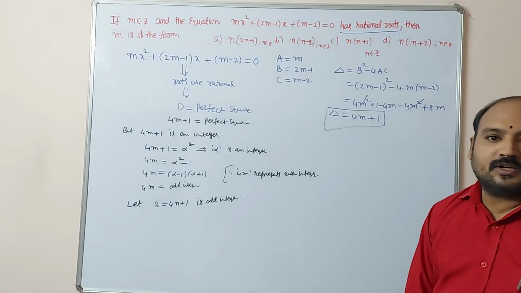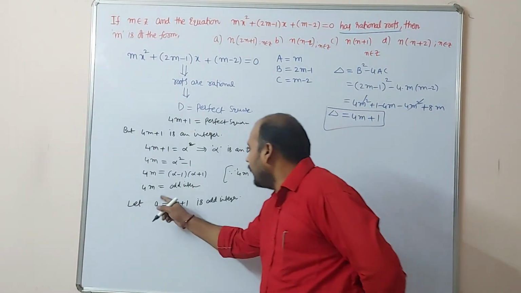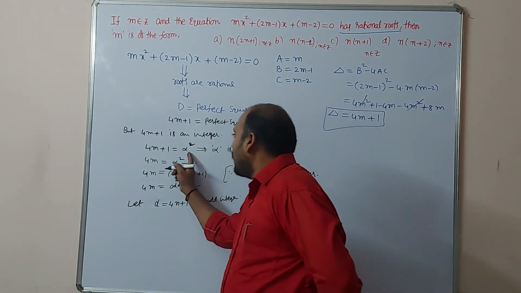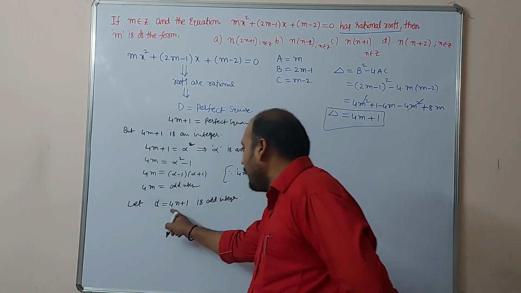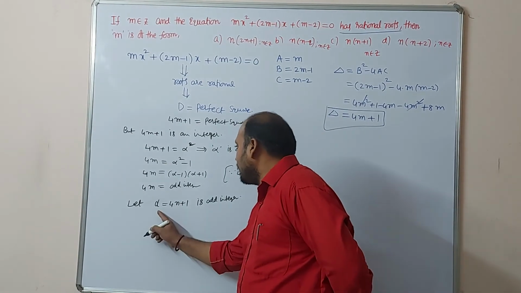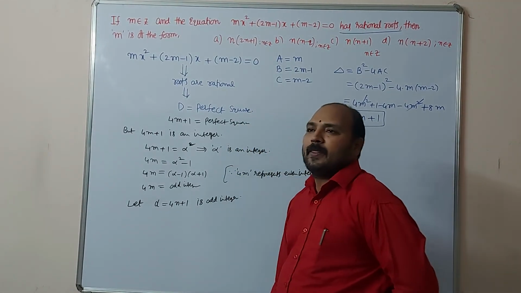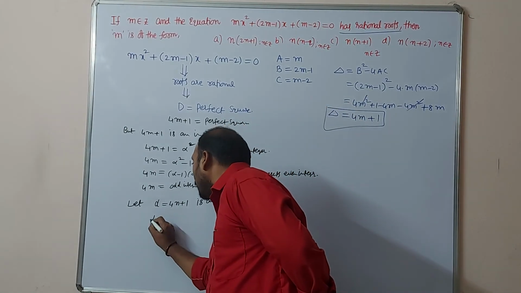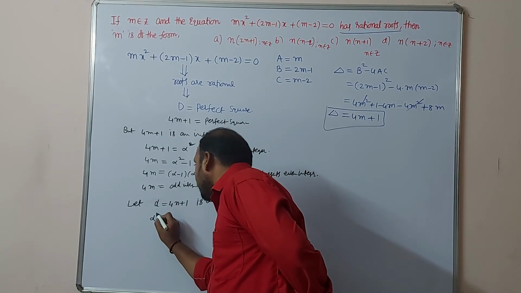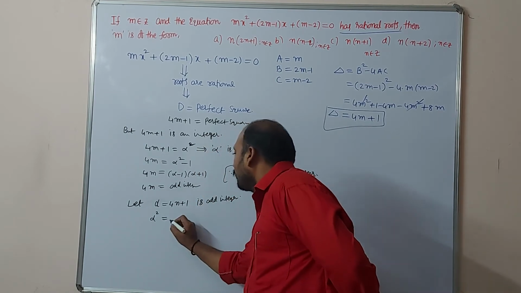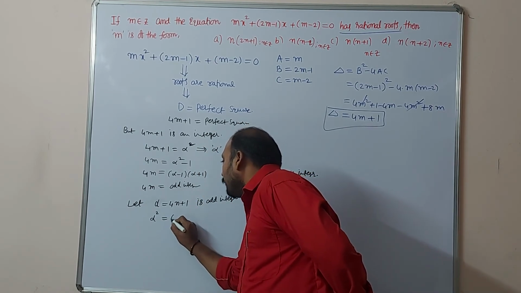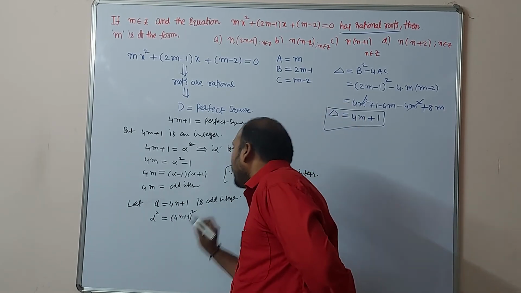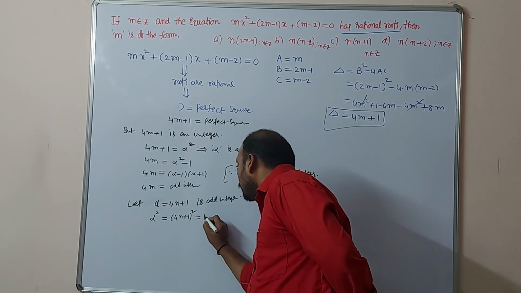Like this we can assume that. Not a, alpha value. Alpha square is 4m plus 1. Alpha value is 4n plus 1. Alpha is an integer. So here we decided that it is an odd integer. So alpha is equal to 4n plus 1. Alpha square is equal to 4n plus 1 whole square. That is equal to